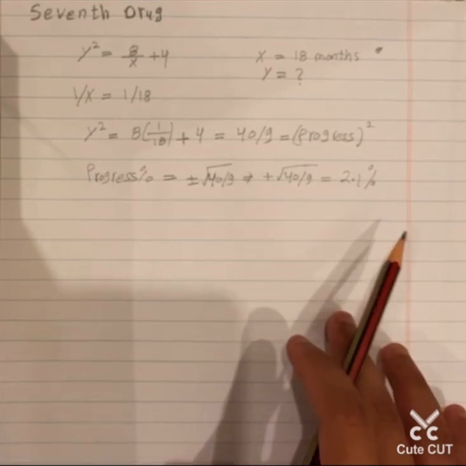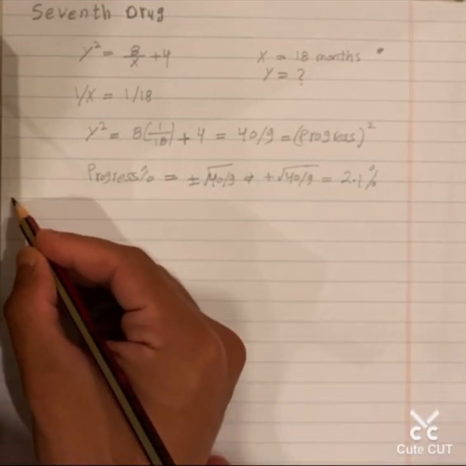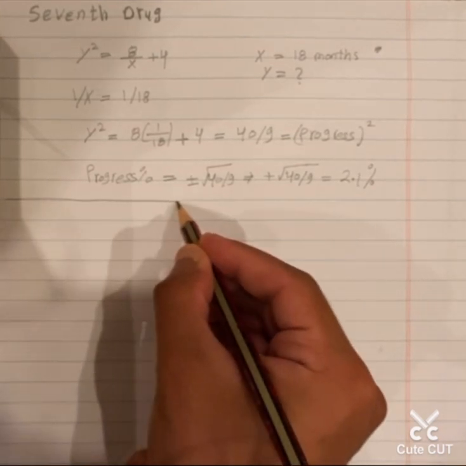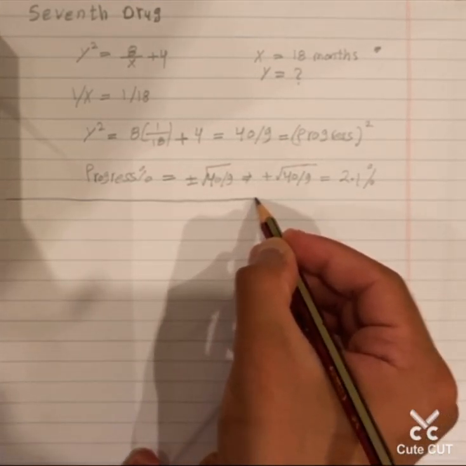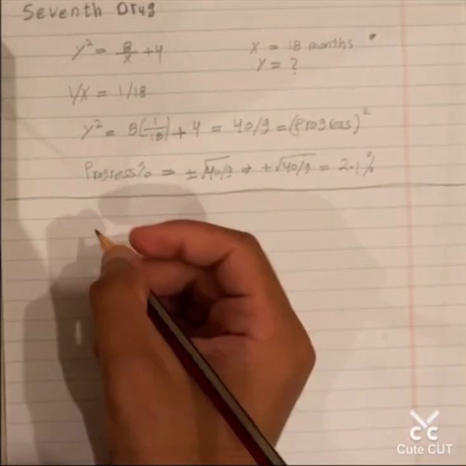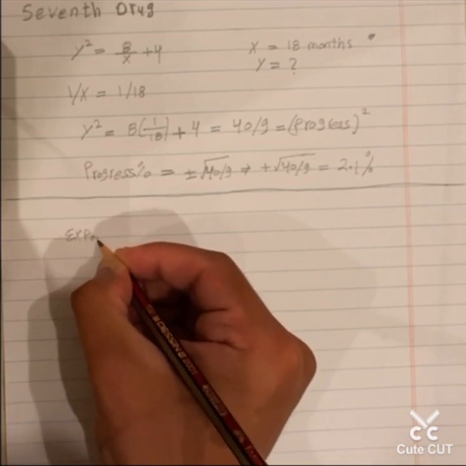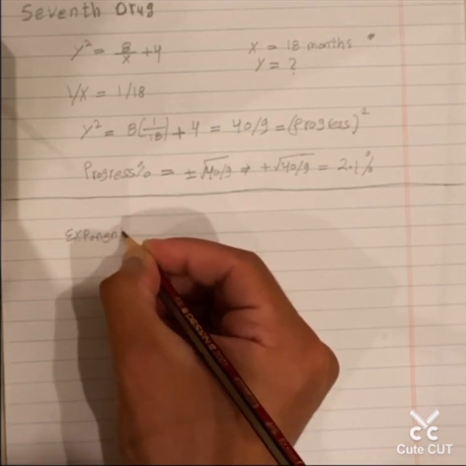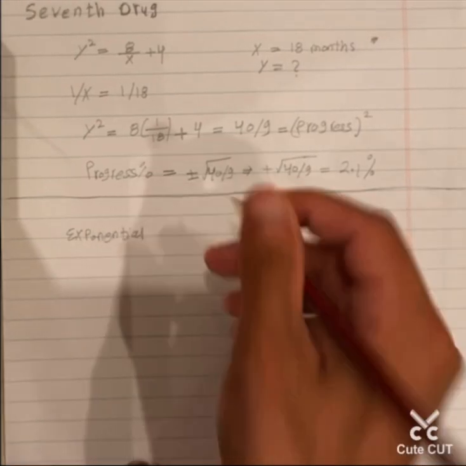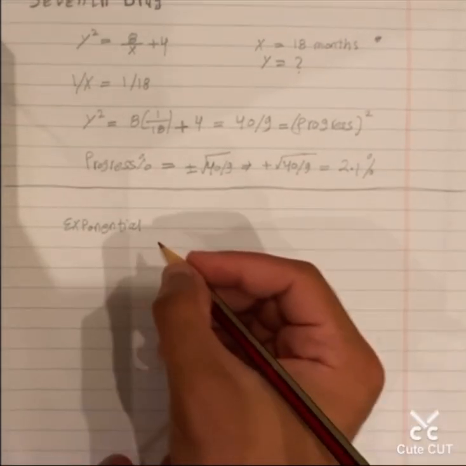With all of these concepts that we've taken so far in the 7th and 6th drug, I would like to conclude with two very important models that we are using in engineering and science. I'll start with the exponential model. By the way, this is just for the sake of explanation. It's not a required thing in engineering freshman year, but it's good to know about it now. Exponential model,